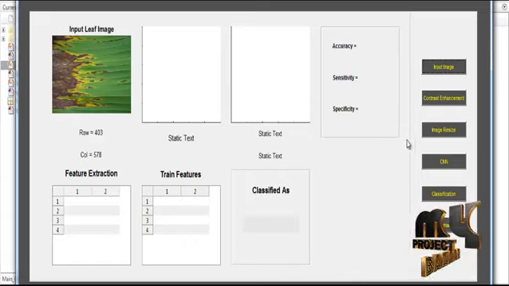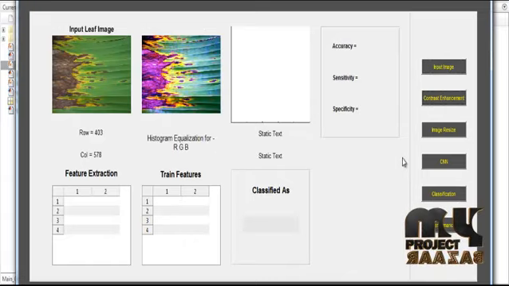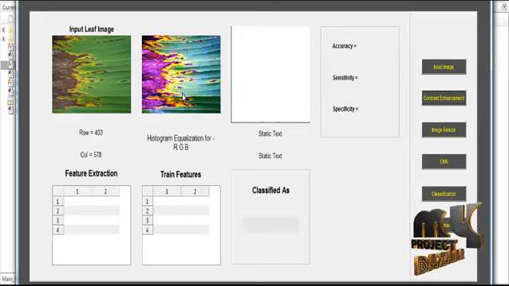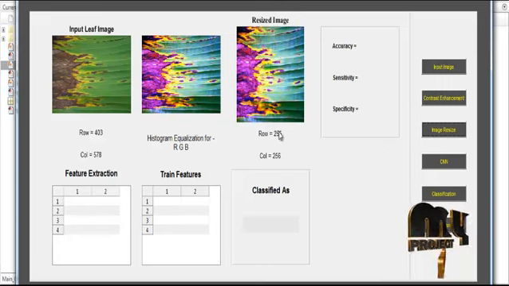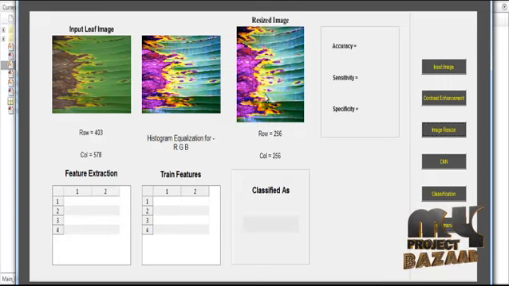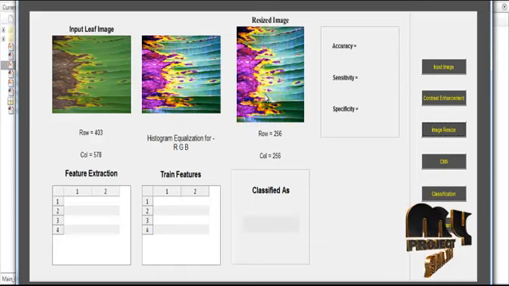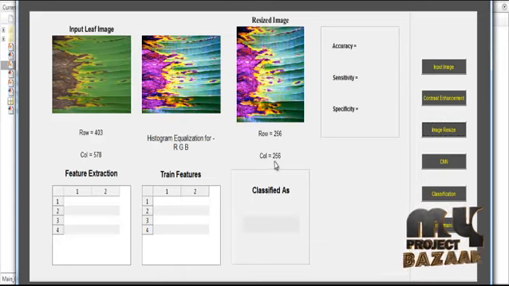After the selection of the input, the contrast enhancement will be carried out. This is the first pre-processing step. The contrast will be enhanced by using the three channels red, green and blue. After the enhancement, the image resize will be carried out. In this step, the image is resized into an aspect ratio of 256 cross 256.